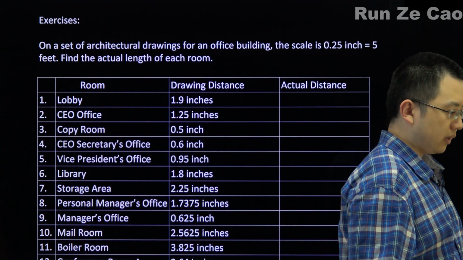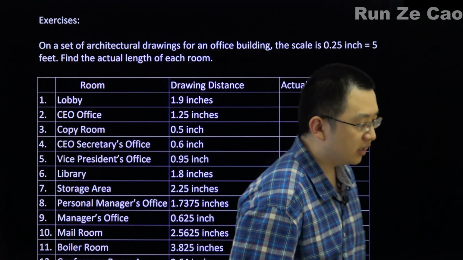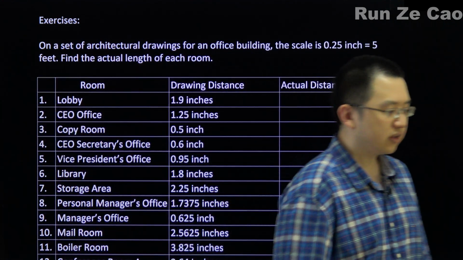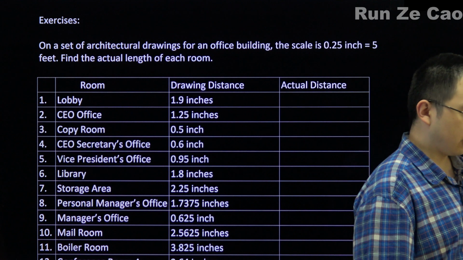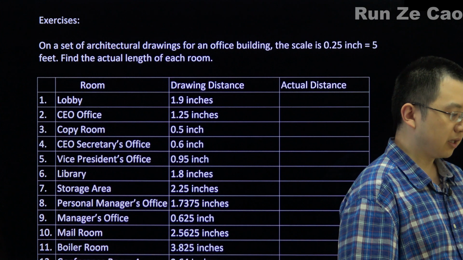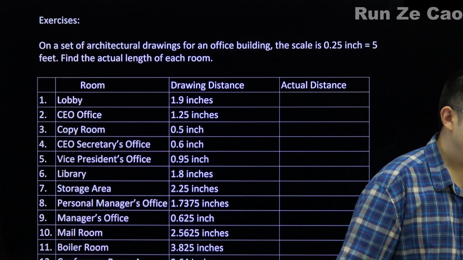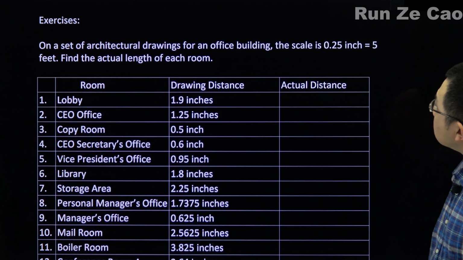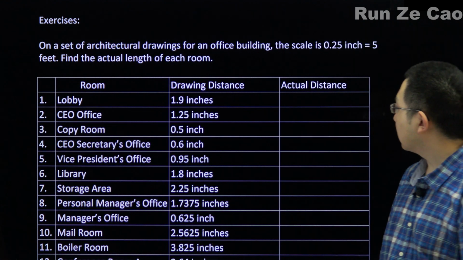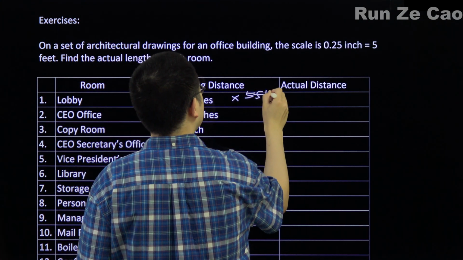Exercises. Suppose we have architectural drawings for an office building, and the scale is 0.25 inches equals 5 feet. It seems this drawing is made in the United States, because in Canada, I'm pretty sure they would use centimeters to meters instead. Like 1 centimeter equals 1 meter, probably. That's pretty common. Find the actual length of each room. Okay, so the lobby, the drawing distance is 1.9 inches. So you multiply by 5 feet per